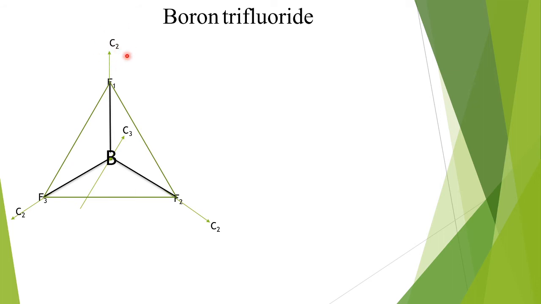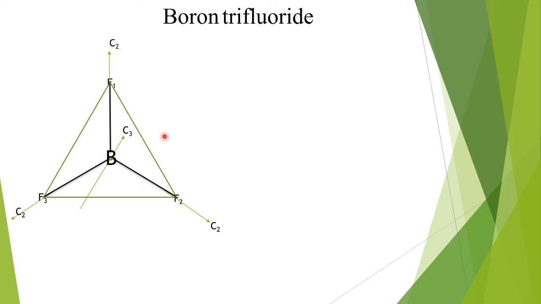The C2 axis, that is, we get two similar appearances when we rotate the molecule through 360 degrees about this particular axis. So these are called C2 axes. And please tell me which is the principal axis here. Here we have C2 axes and we have a C3 axis. The C3 axis gives us three similar appearances, whereas the C2 axes give us two similar appearances each. So the maximum number of similar appearances is obtained when the molecule is rotated through this C3 axis. Therefore, the C3 axis is the principal axis.